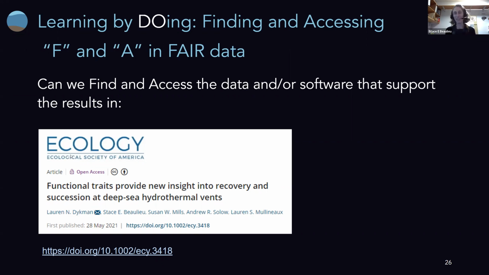but I'm using my own example here, right? Because I know all that went into how to make these data findable and accessible, and I can help you if you have questions about how to go about doing this. And so I chose a paper in which I helped, in this case, an early career researcher, Lauren, who has said it's okay that I'm using this paper as an example.